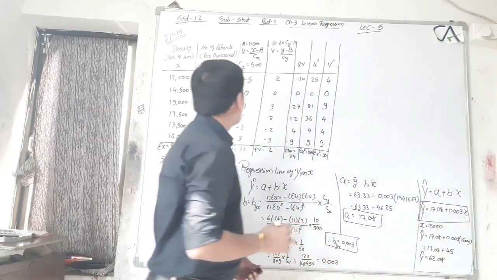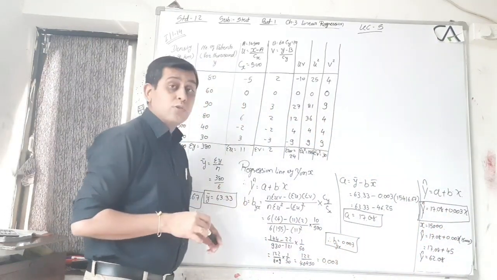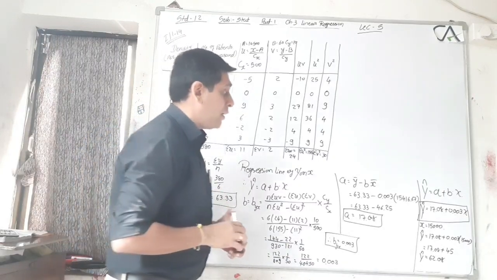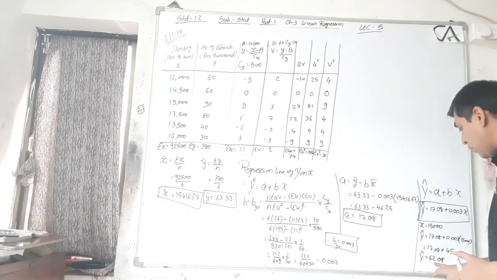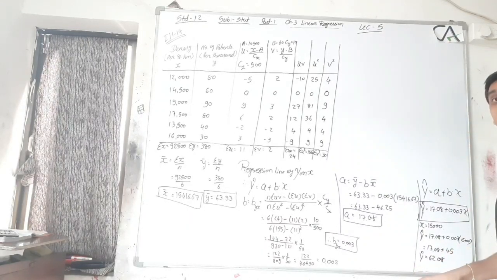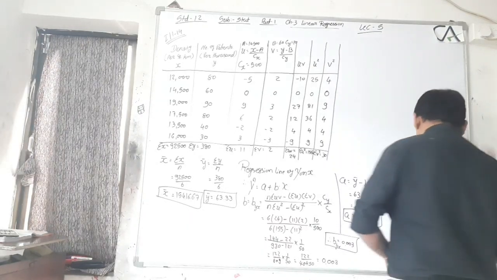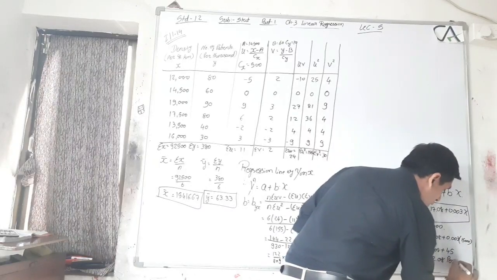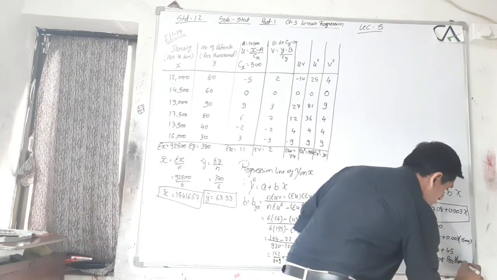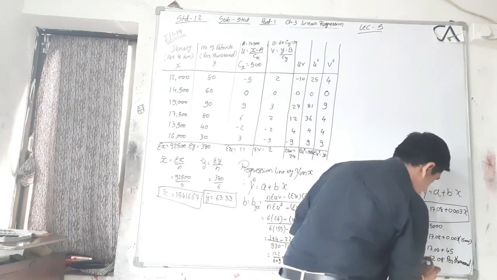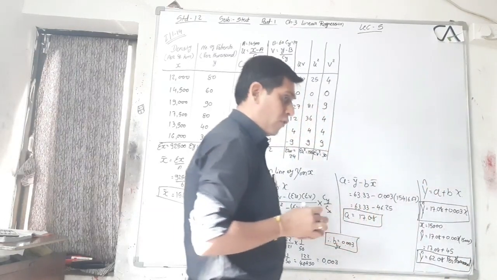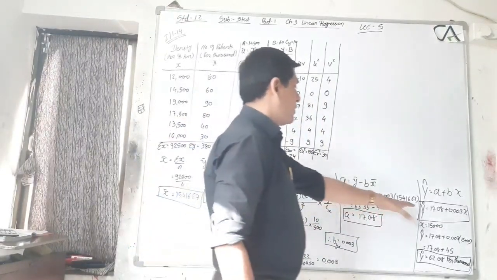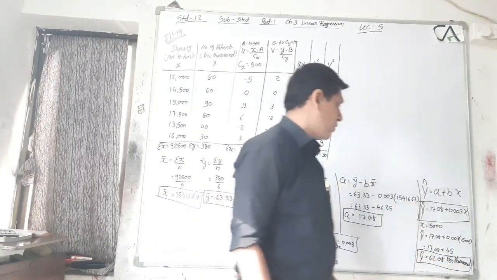Y cap is equal to 62.08. It is per thousand. You have to write not in thousand rupees, but Y cap is equal to 62.08 per thousand. So you have to write here per thousand. This is your second answer. Your first answer is Y cap is equal to a plus bx. Your second answer is